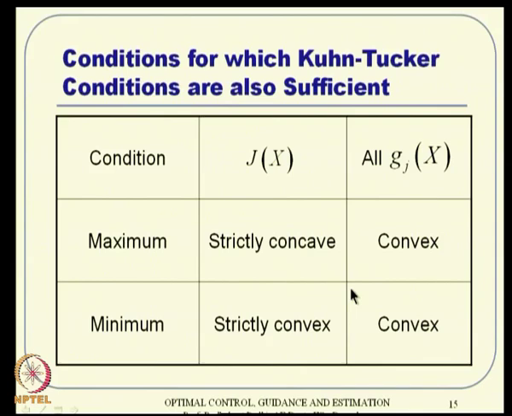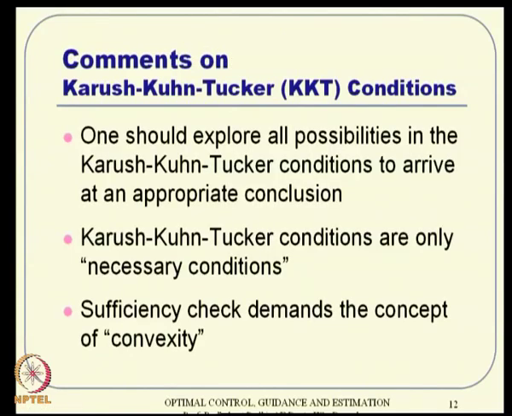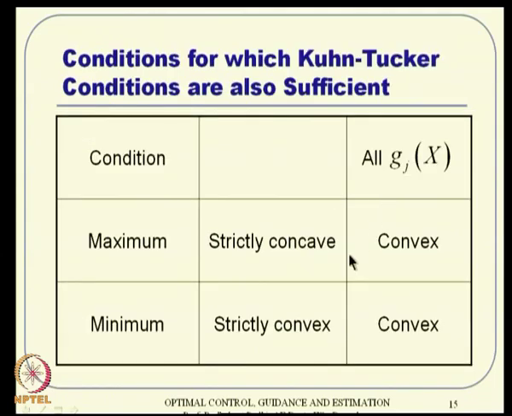You analyze all that. Let me go back a little bit. You start from something like this. In a given problem, you formulate these two equations and get some values of all x's, xi's and lambda j's, and then see whether this set of conditions are satisfied together. If these conditions are satisfied, you have these necessary conditions getting satisfied. Now, we will talk about the sufficiency condition. For the sufficiency condition, you have to see whether these two, j of x and gj of x, satisfy this kind of things. If they do, then it's both necessary and sufficient.